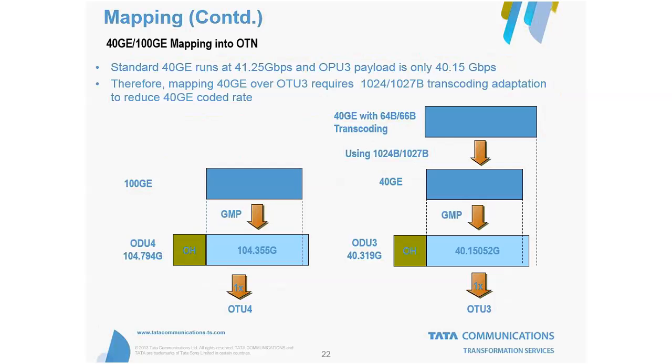And then you have this ODU4. So ODU1, 2.5G, and ODU2, yes, and ODU3, 40G, and now you have got ODU4. Okay. And they use something called transcoding with this 40G, and transcoding itself is a separate topic which can be discussed for more than an hour. So these are the two variations and mappings that we have for 40G and 100G.